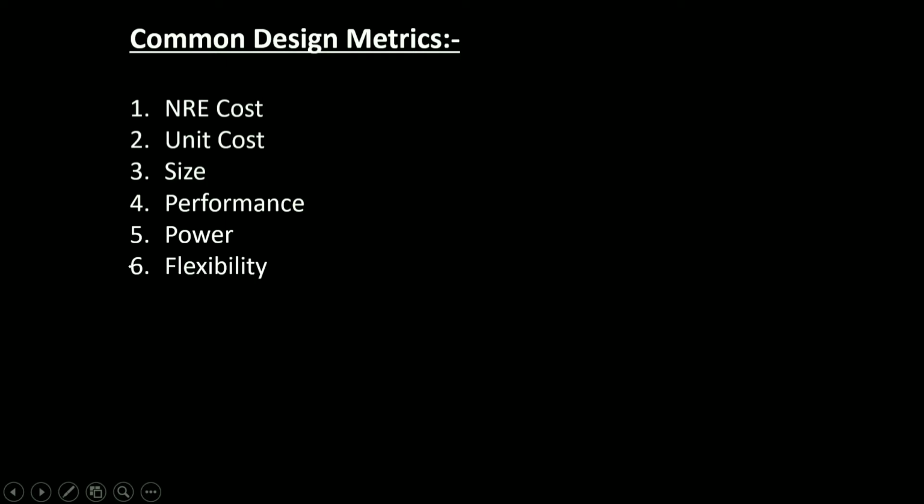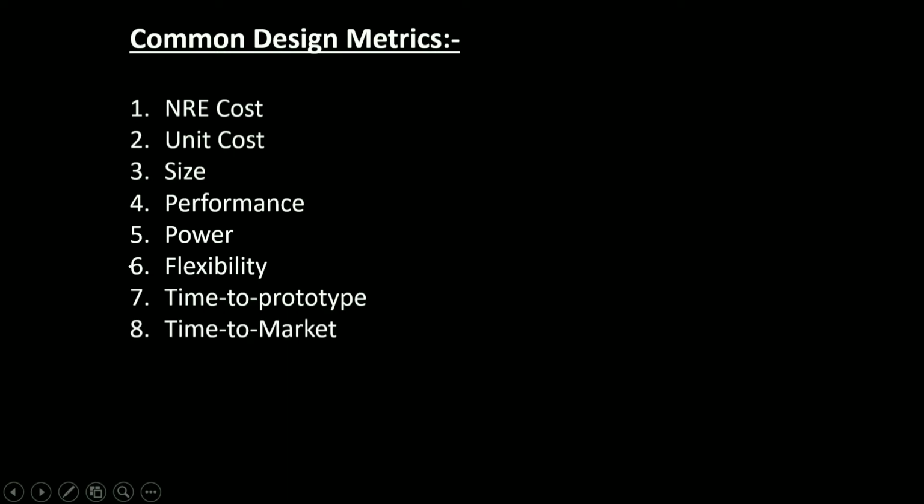Next one is flexibility, the ability to change the functionality of the system without incurring heavy NRE cost. Software is typically considered very flexible. Time to prototype is the time needed to build a working version of the system, which may be bigger or more expensive than the final system implementation, but it can be used to verify the system's usefulness and correctness, and to refine the system's functionality.